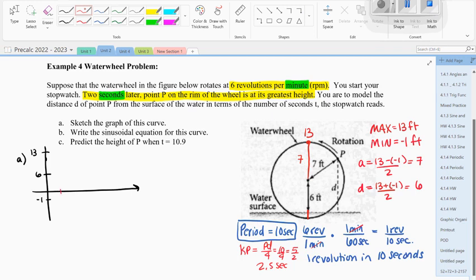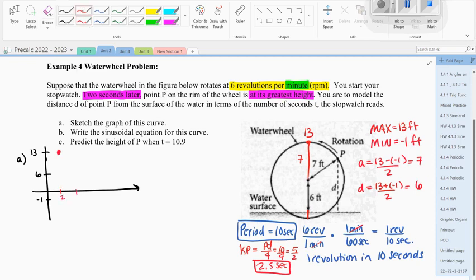So we have our key points to start off with, but you have to be careful because remember, it didn't tell us at time 0 where we're starting. So what did the problem tell us? It said 2 seconds later, we're at the maximum. So 2 seconds later, the wheel's at its greatest height. That's the only piece of information we know. So at 2 seconds, we're at the greatest height. We can do our key points from that because we know that the key points go by intervals of 2.5 seconds. So if at 2 seconds we're at the maximum,